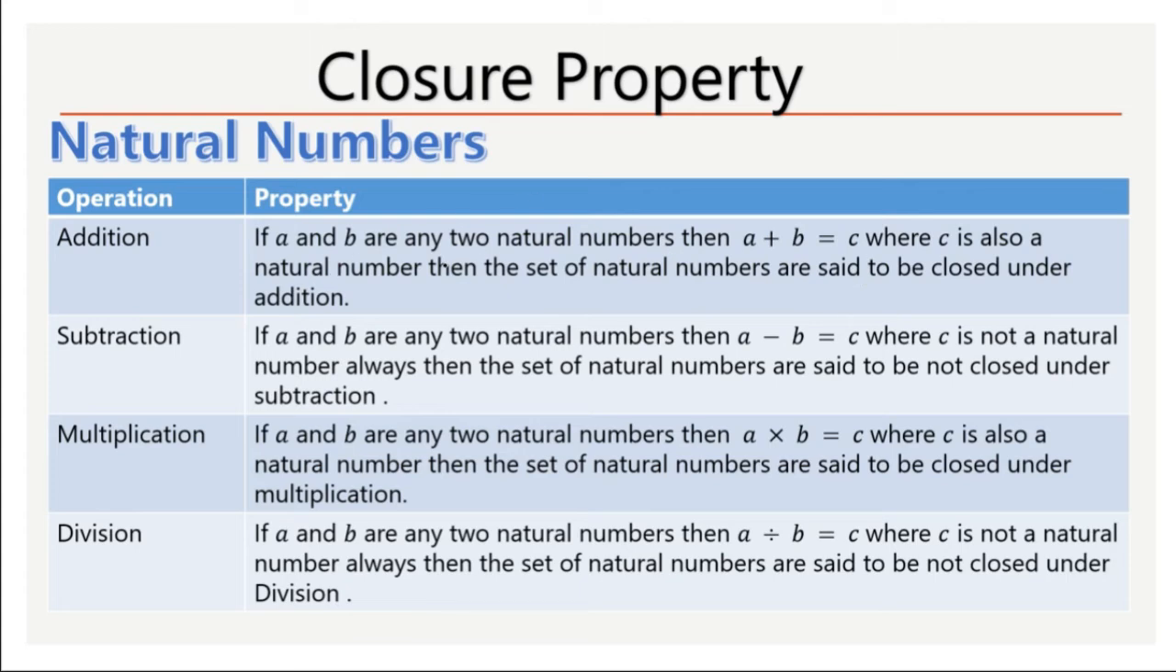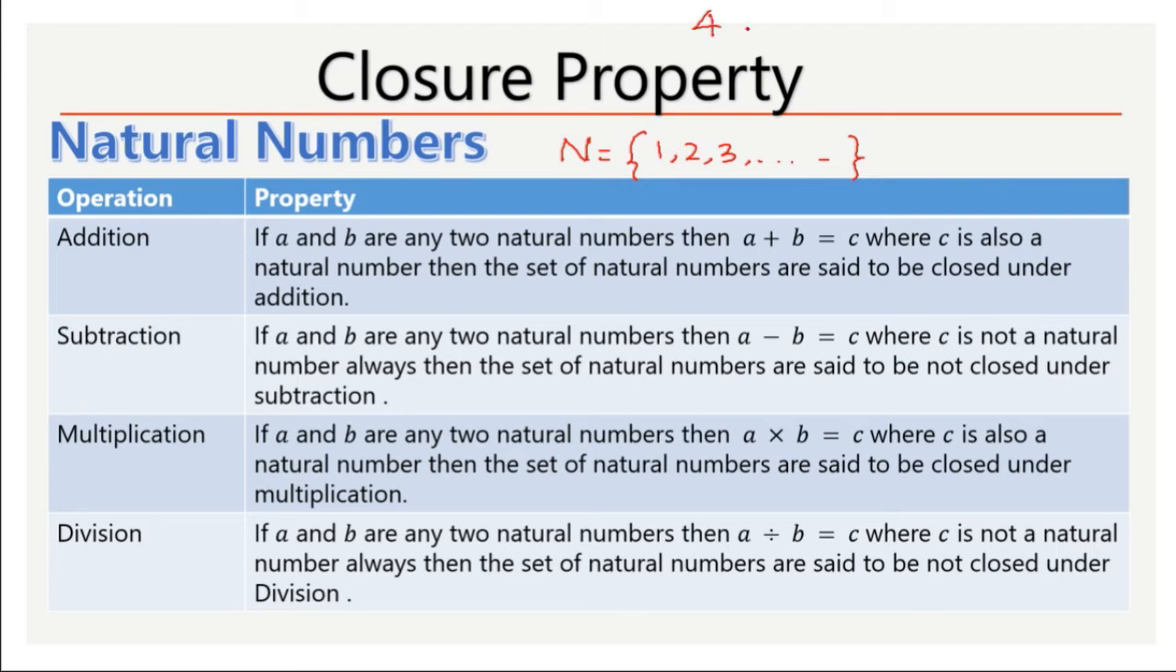If a and b are any two natural numbers, let me take two of the elements from the set of natural numbers. We know that the natural numbers are represented as N equal to 1, 2, 3 and so on. Let me consider any two natural numbers from the set of natural numbers. Let me take,